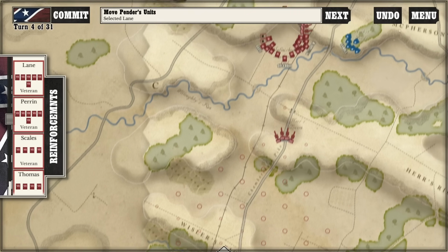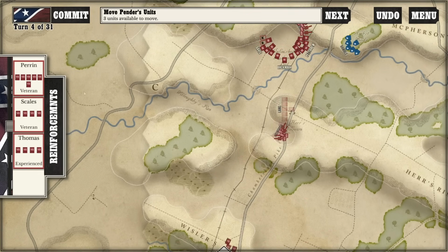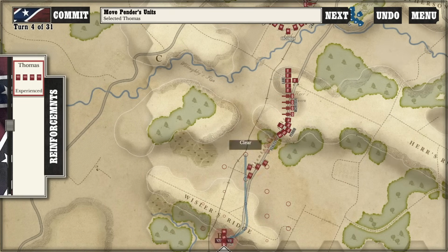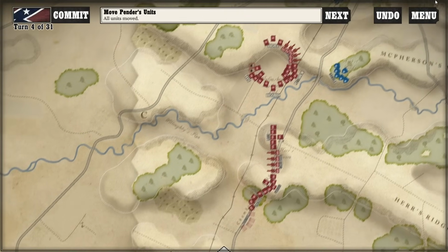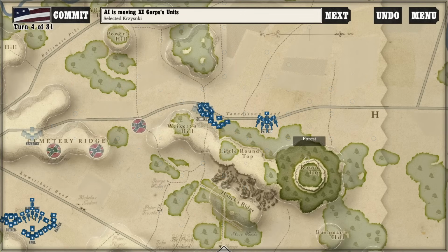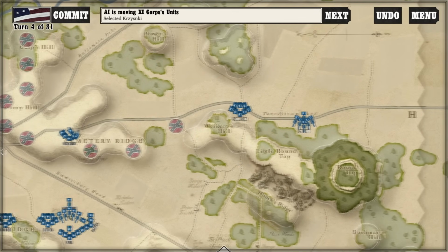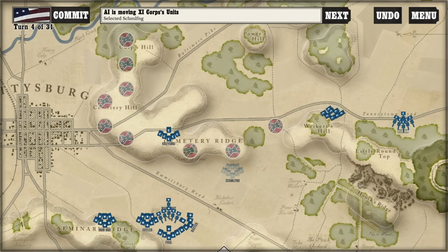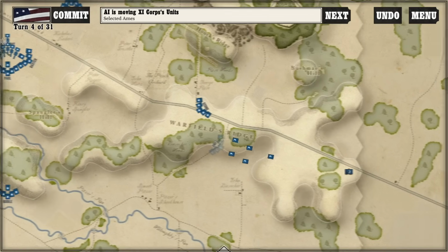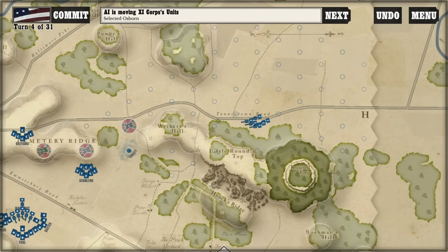We got Pender's brigade coming up now. Up to Chambersburg. You can see these little Confederate flag circles are also where the objectives are, where it said take 2 objectives. Those are the objectives you want to take. I don't know that I fully understand some of the positioning of the federal troops, but